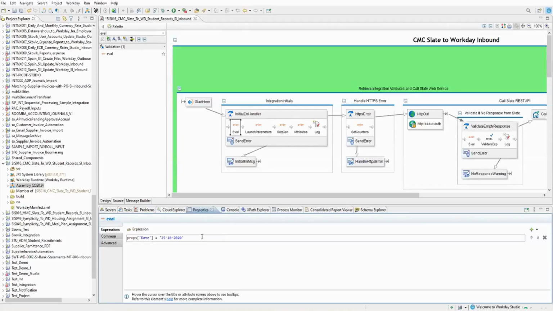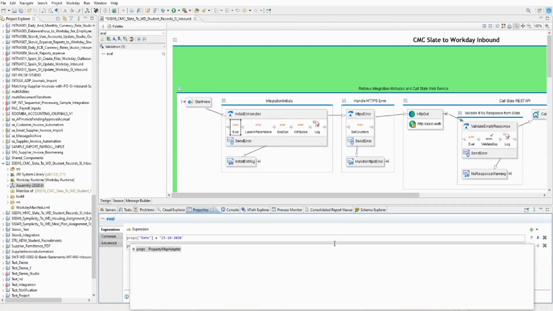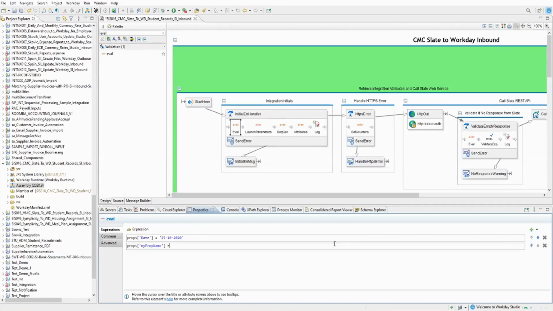Similarly, you can add another one, create another variable, my prop name 1, 2, 3, 4, whatever. So that's how you assign a value to the variable.